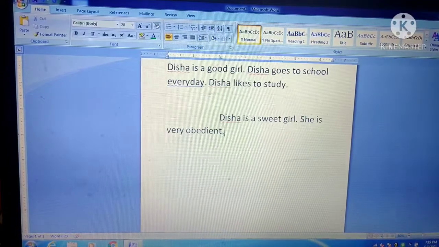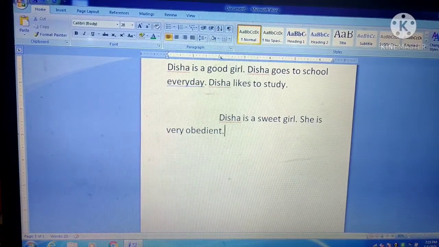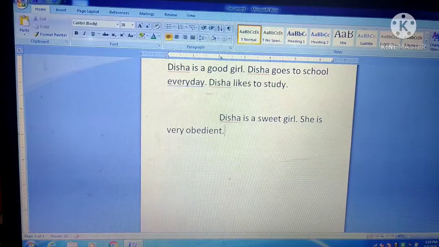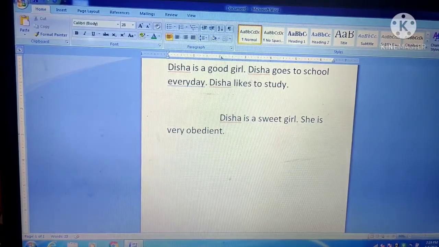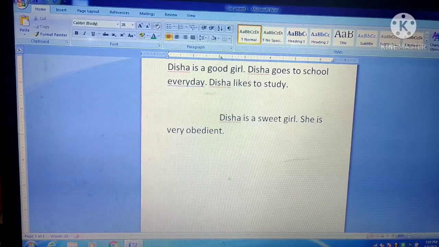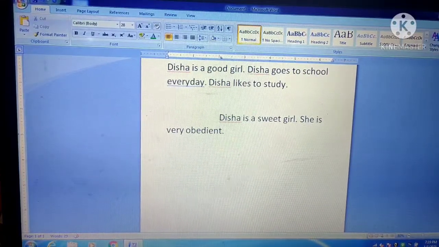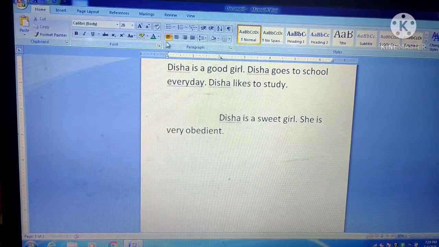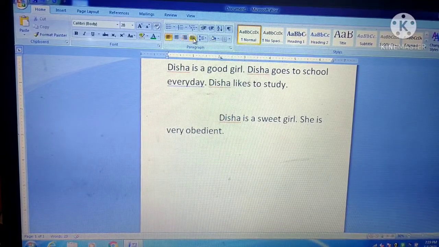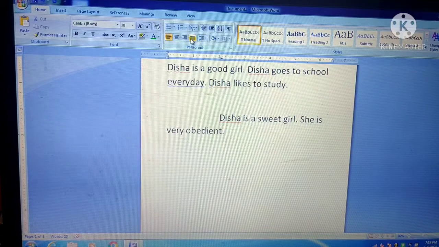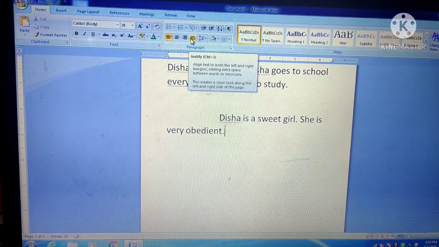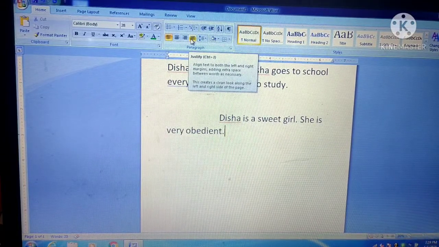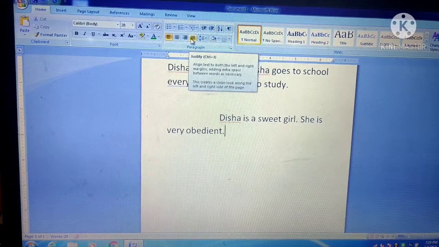We will make some changes in this paragraph so that the paragraph formatting is clear to you how we can do it. Okay. Before this, we will study different kinds of formatting options that we can carry out in a paragraph. The first one is alignment. The lines you see here are the options for alignment. Okay. Now you will wonder, what is alignment? Alignment is the horizontal position of paragraph between left and right and the page margins.